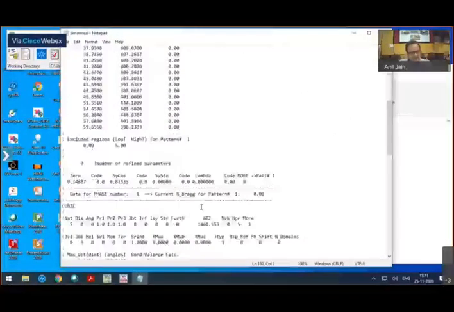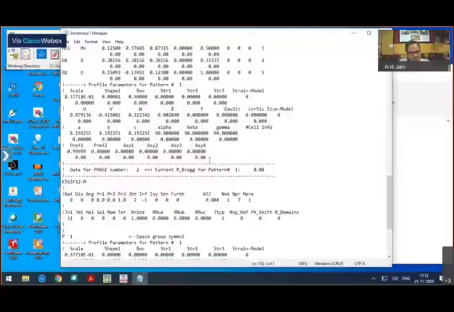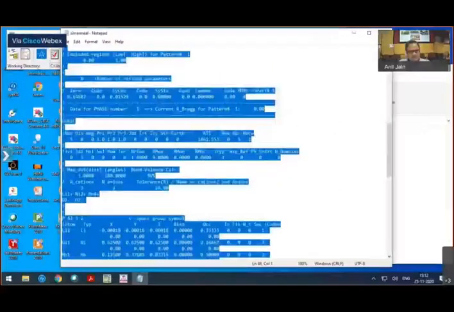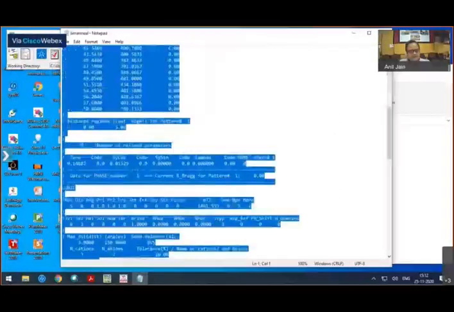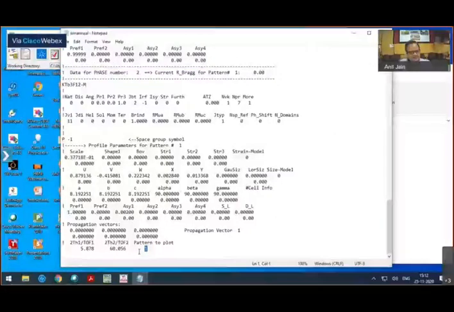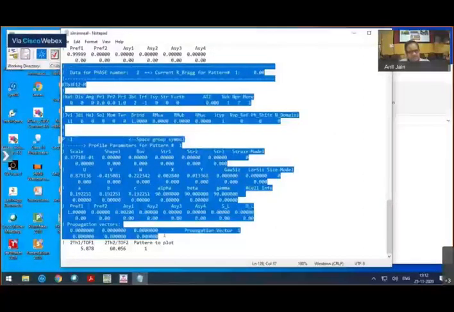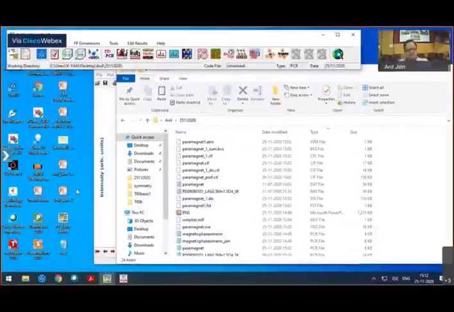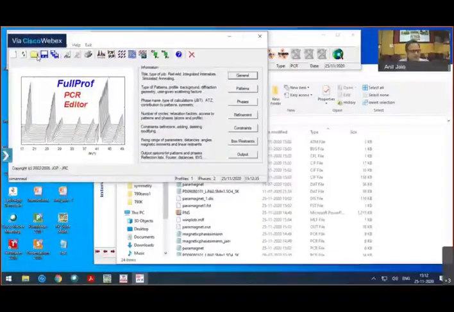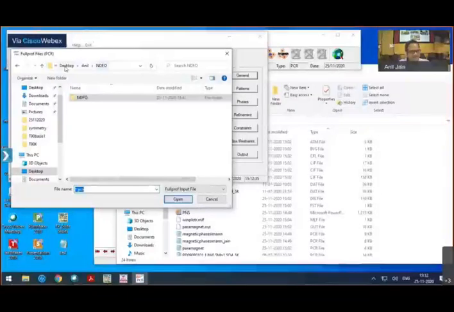So what we have done, I will again repeat it. This was the contribution till the paramagnetic phase, and we have two more additional lines in the paramagnetic phase. Just before these two lines, I have introduced the parameters associated with this second phase. Now let me close this file, and we can see from edit PCR whether this file is all right or not. So let me try to open this.